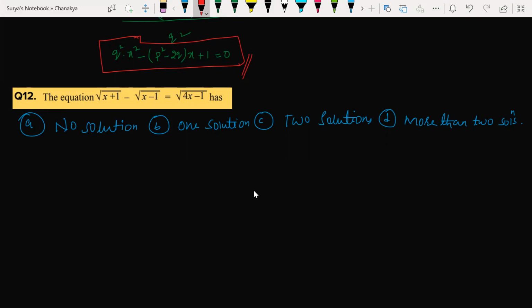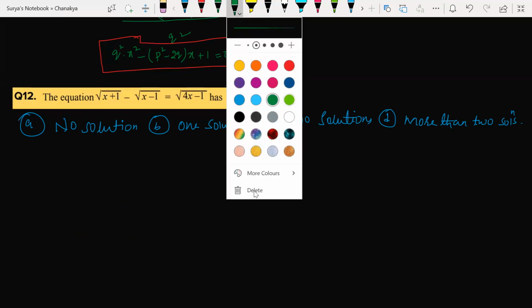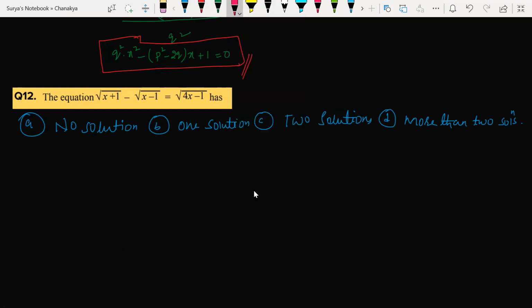See, whenever in our school life, what we have learned, if I have root a is equal to root 16, what I used to do is squaring on both sides. For finding a, squaring on both sides, a is equal to 16. Very simple answer, right? So look at the question, observe the question carefully.